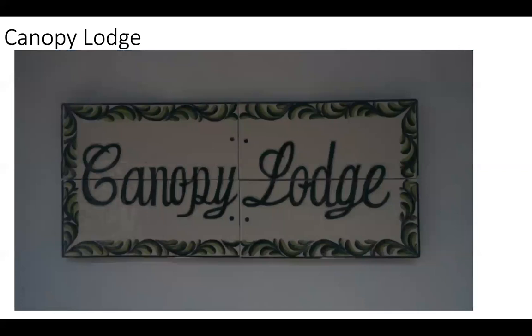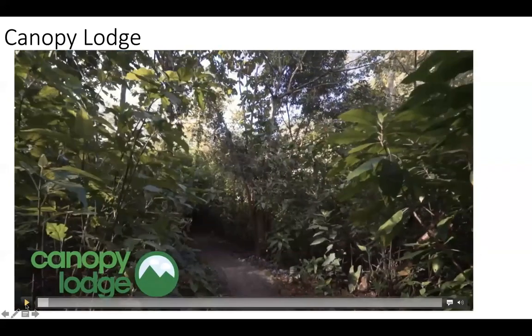All right, so that sort of gives you a good idea of where we are and what we're about to embark on our journey. Now, the really cool thing about Canopy Lodge is that they have a variety of different fruit feeders